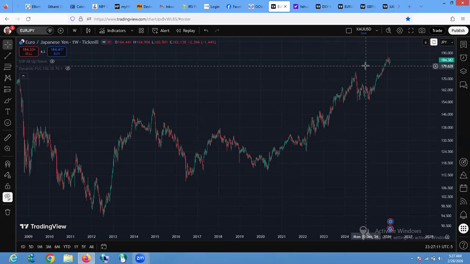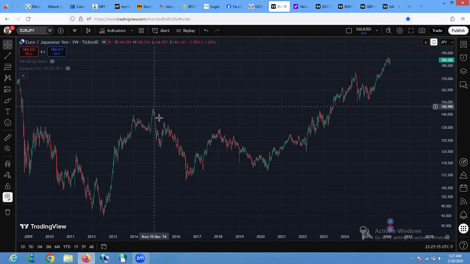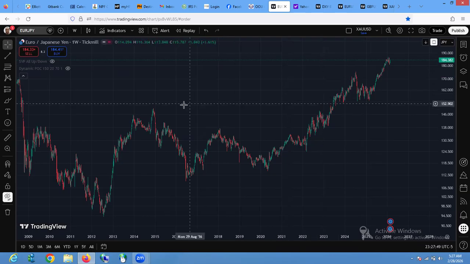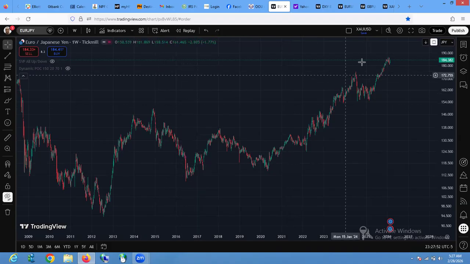Now, after this move, our attention now falls here, which is potentially the C wave or wave 3. Now, you could have said this is wave 1, wave 2, wave 3. And when you do that, you are in a rush, because it may not turn out to be like that. The only thing that you know is that wave 3 can be 5 waves, which you want to follow, and wave C is also 5 waves. So we have to be modest and stay with C. And when it's no longer C, then you know that it is no longer a C wave. So for now, we will treat it as an A, B, and a C wave.